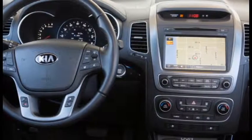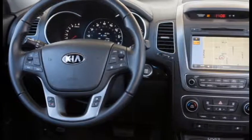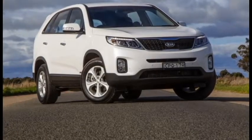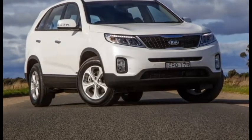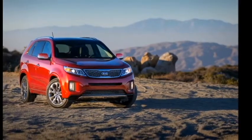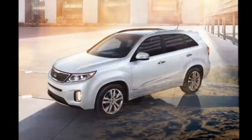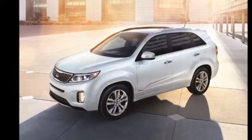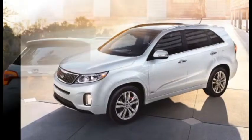Kia Sorento review. The exterior of the Sorento isn't likely to stop and gather an audience. The same can be said for the inside. But unlike an $83,000 Mercedes, the $34,000 Kia Sorento, $30,000, is outfitted with all the bells and whistles one could ask for. Though it hardly ranks as an awe-inspiring feature, it's hard to overlook the power lift gate that can